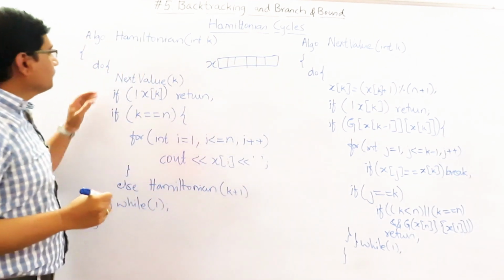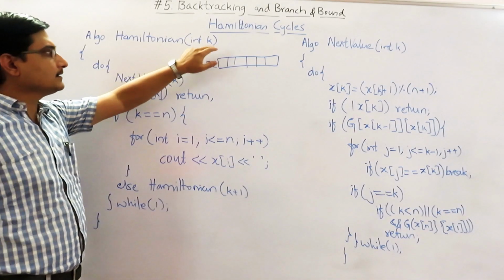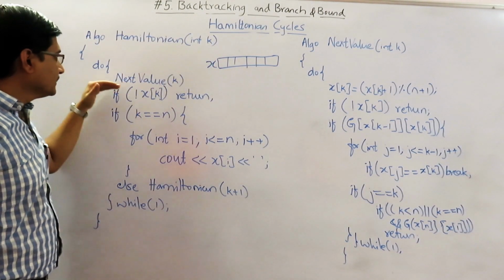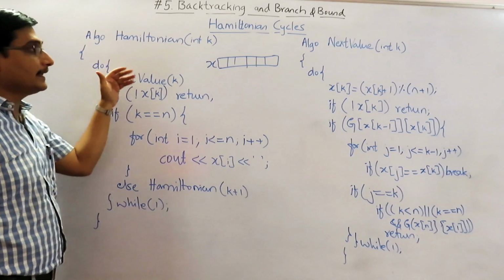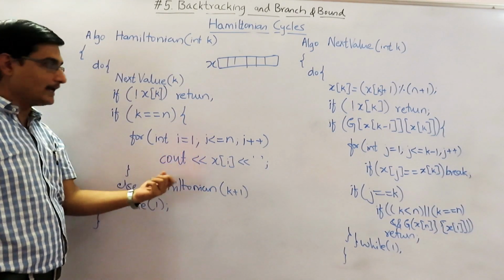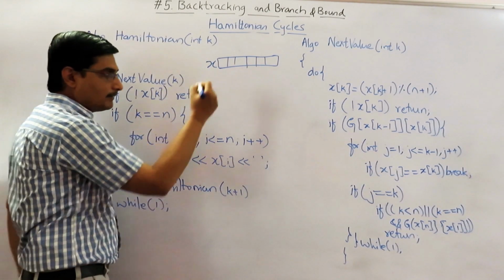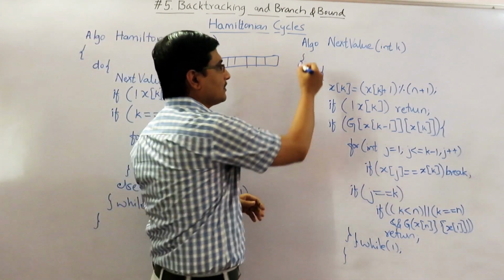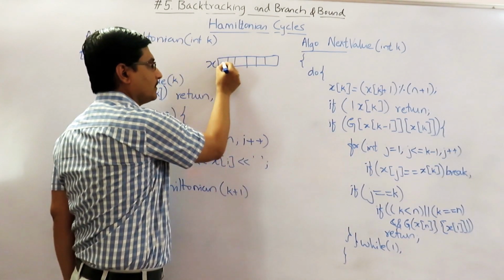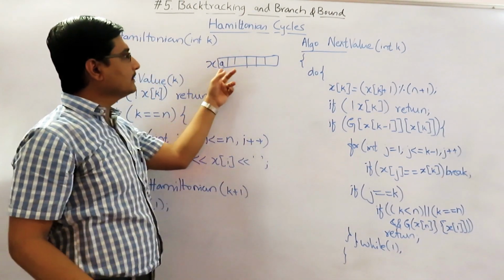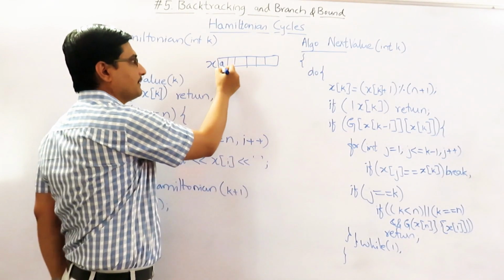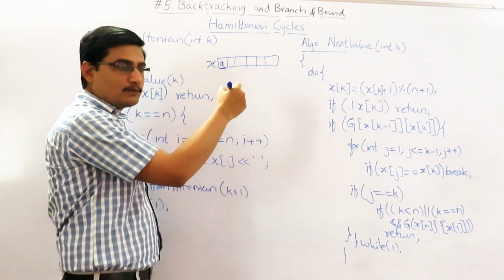Okay. Say this K is the vertex which is selected. If we want to find the next vertex which has to be included in the Hamiltonian cycle, we will go for one more function. So this algorithm tells us how we are going to select the next vertex. Say if we have already selected A, then how are we going to select the next vertex, because A is fixed. A is the starting vertex.